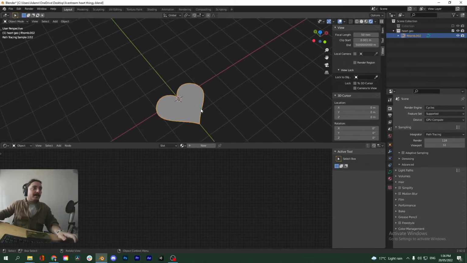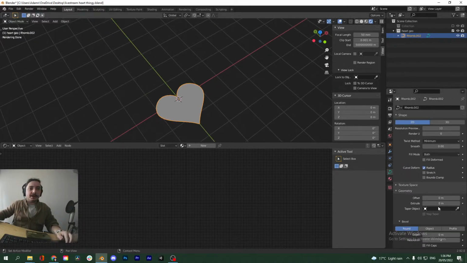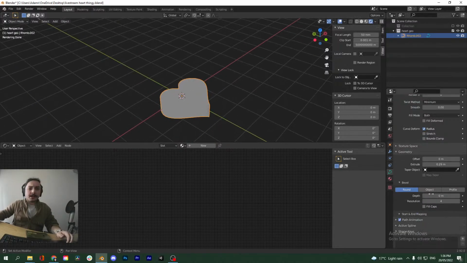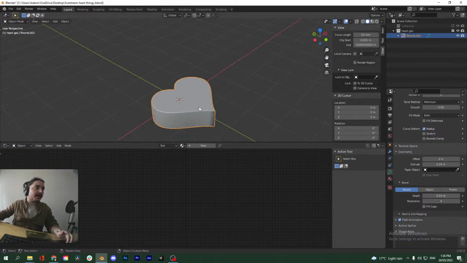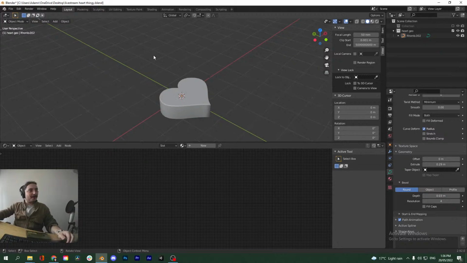And then remember, you can go into here, extrude it to give it some depth, and give it a little bit of a bevel, just so it's more realistic. Yeah, that's about all I wanted to show you. The main purpose of it was to just show you how to make a heart really quickly. There's other tutorials on YouTube on how to make hearts. I've never seen one exactly using this method. If you guys have another method to make a heart in a really quick way, please let me know.